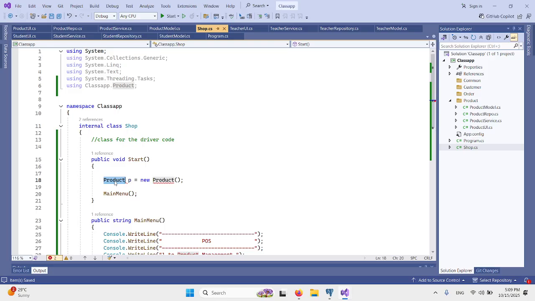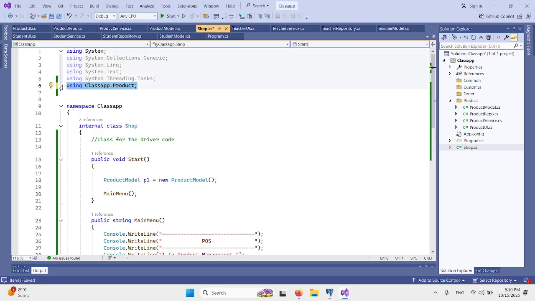If you remove this, you will get the error. When two classes belong to different namespaces, you cannot directly create the object here. You need to tell the class where you are creating the object, so you have to include the namespace in this section.